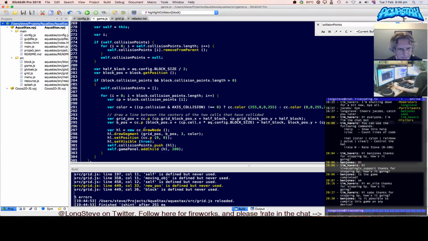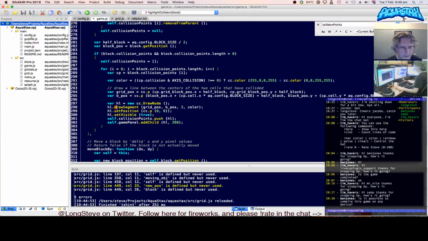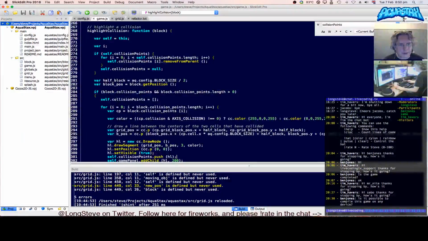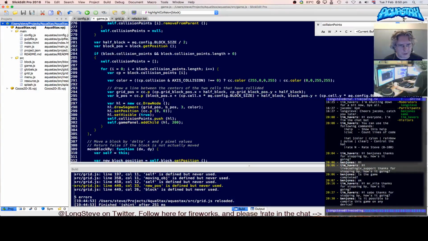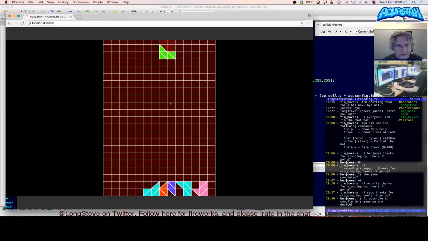And by doing that, it adds a draw node using draw segment, which is effectively a draw line, positions it, makes it visible, then it adds it to collision points. Okay. There's something actually, I probably don't need to use collision points there. There's a way you can tag nodes in the scene, and then I could do something like remove all nodes with the right tag, save storing them myself in a separate variable, because here it clears them, it goes remove from parent. This is operating on these draw nodes. Anyway, let's see what I might be able to